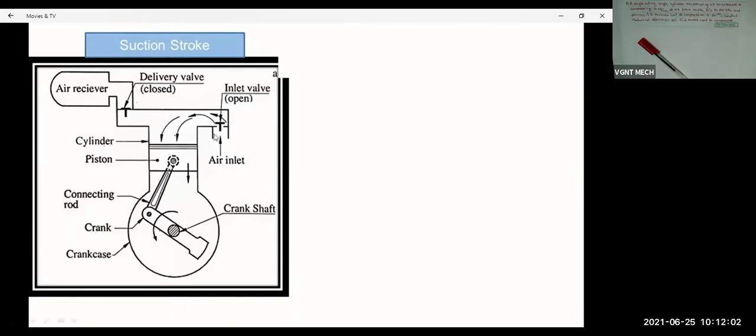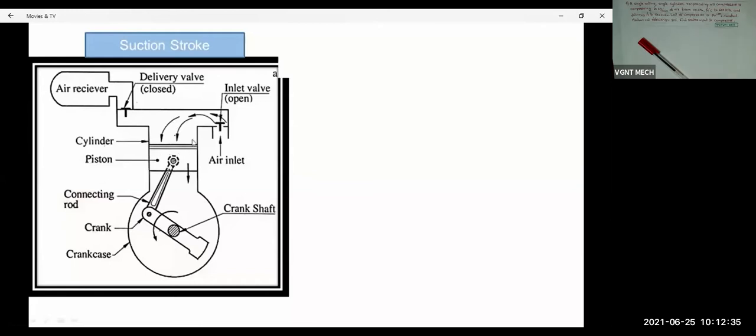So we are studying the theory that is without clearance. That means there is a no space when the piston at the top dead centers. Now we understand its working. So these are work in a two-stroke. First one is from the top dead centers to bottom dead center, and second from the bottom dead center to the top dead centers. Now at the starting, piston is at the top dead centers, and the piston start to move towards the bottom dead center.